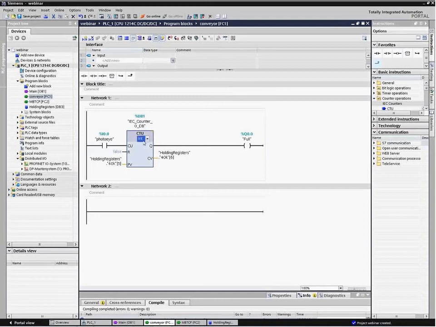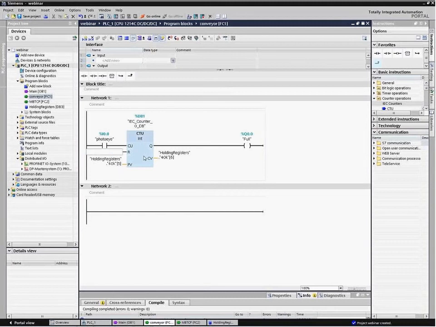One thing that we may want to do, if you look at the way our logic is right now, this thing is going to count up to 50 boxes or whatever we have now in our holding register. And it's going to turn on the light, and that little light's never going to turn off. So we want to put a reset in here, and that could just be a bit that we could trigger however we want. But if we wanted to do it for Modbus, it's kind of an interesting concept: if you remember, we can mention the inputs and outputs from the SCADA system. We can also do a little trick in that we can use an output that doesn't physically exist on the PLC. So maybe I want to make this